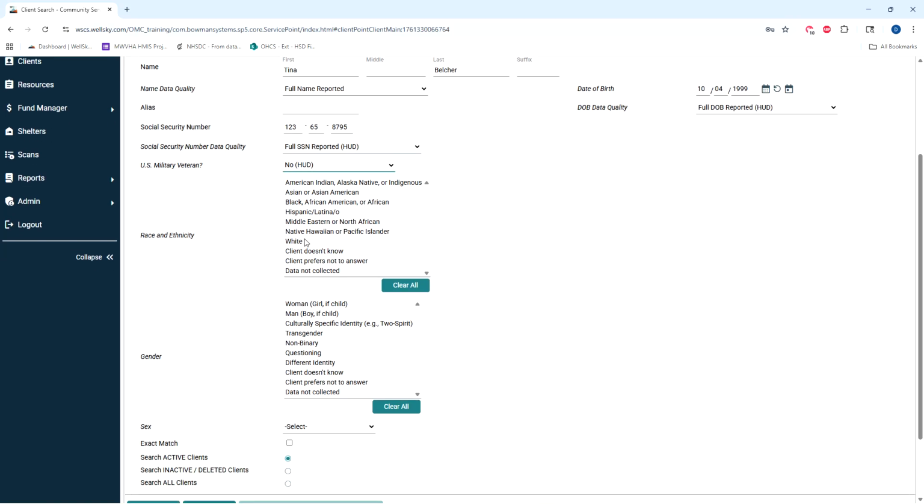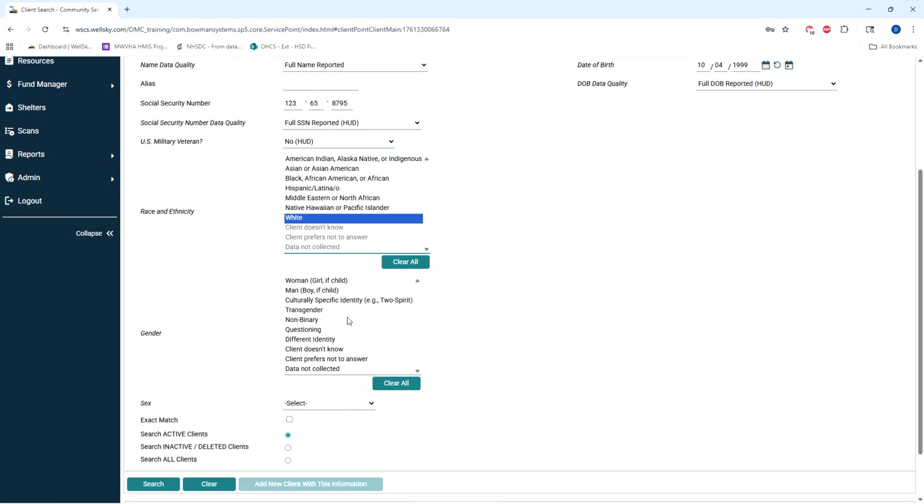Then we're going to ask race and ethnicity and gender. Gender is not collected on all things according to the 2026 HUD update, but OHCS and several other entities still want to collect this information, so we are going to ask. But we're going to start with race and ethnicity. So we're going to say she's white,